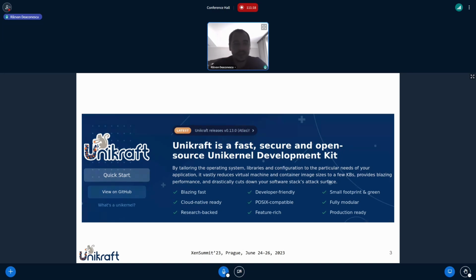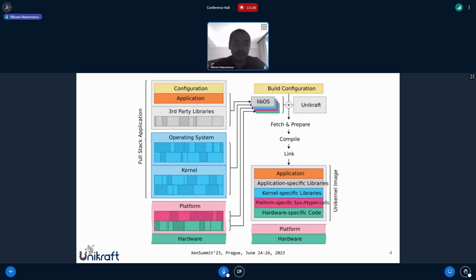You can see it as a midway between containers and virtual machines. We call it lightweight virtualization, being able to use a hypervisor such as Zen or KVM or VMware to run a minimal unikernel image. How does this happen behind the scenes? What you have here is what we call the unikernel components. You have platform code. This is typically related to the hypervisor, so either Zen or KVM or VMware or Hyper-V. Then you have the OS components, different libraries, and these all are tied together